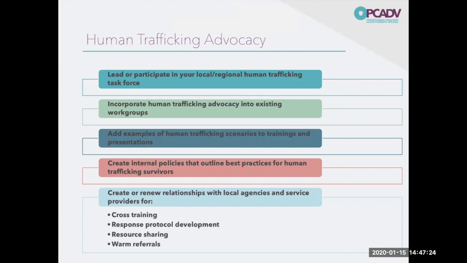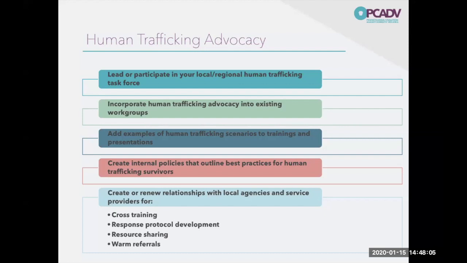Once again, the answer typically is do the same thing that you would do for any domestic violence survivor, but there are situations that are more nuanced. And it's really good to troubleshoot those ahead of time so you can start to think about, okay, what are we going to do in this situation? And this is one of those things that you can absolutely contact me. I'm not saying that I've got all the answers by any stretch of the imagination, but I am happy to talk through that with you and troubleshoot it and start to come up with some ideas that might work. Or at the very least, commiserate with you and say, hey, I wish we really had a better answer for this, but let's keep talking about it.